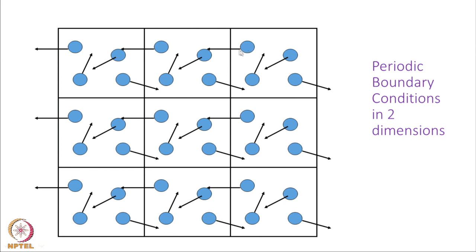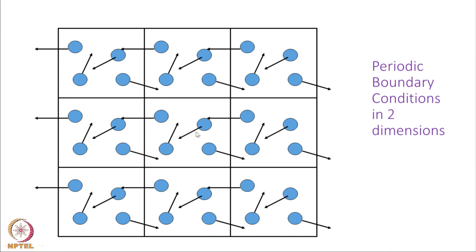See, for example, suppose this molecule here moves into this box. So, if this molecule moves into this box, another molecule moves in from the next side. So, if one molecule moves to the box to the right, another molecule will move into the original box. So, what periodic boundary conditions guarantee is that the density of my system will not change. So, periodic boundary condition ensures that the density will not change, and in addition to that, what we do is called a minimum image convention.